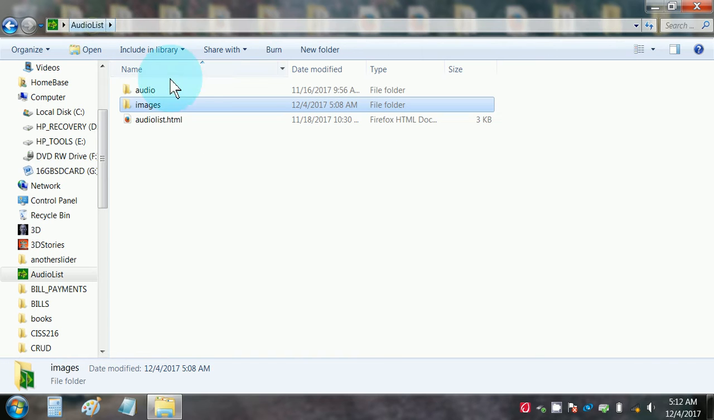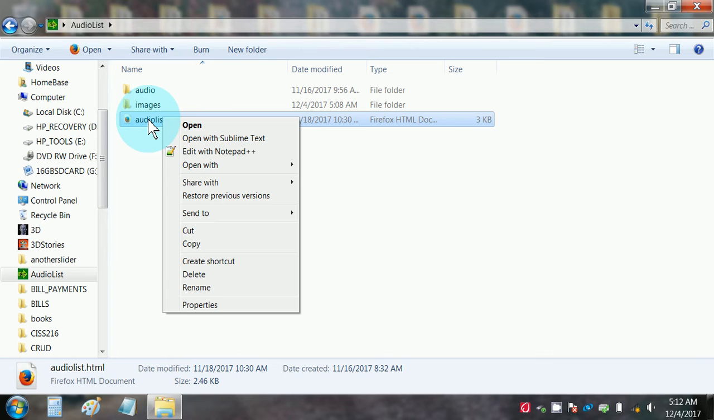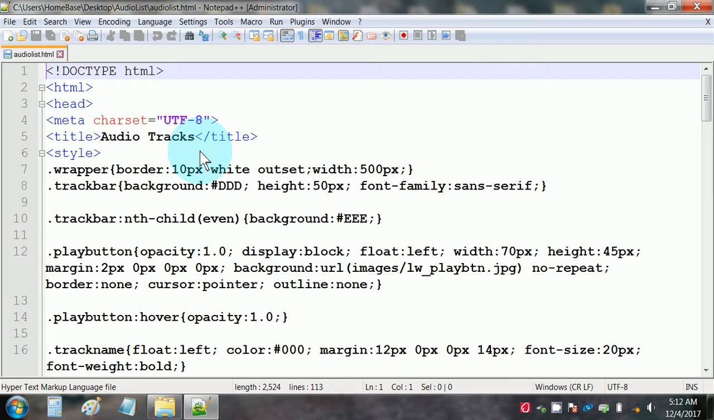So I showed you what's in the audio folder and the images folder. Now let's look at the web page code itself. I'm going to right click this and edit with Notepad++. And here we go. We have our doctype declaration, our opening HTML tag, our opening head tag, our meta charset equals UTF-8 tag, our title that